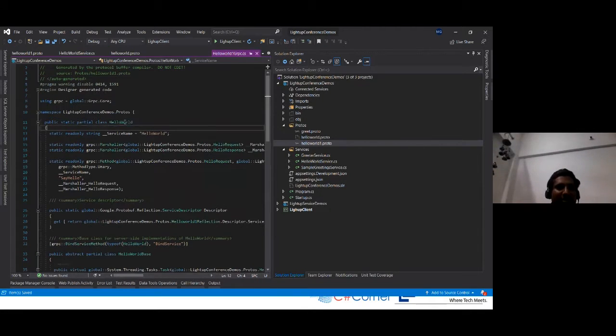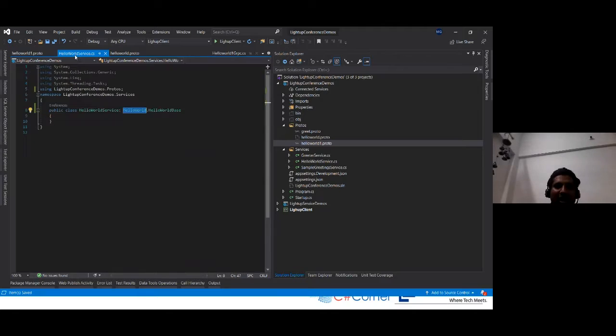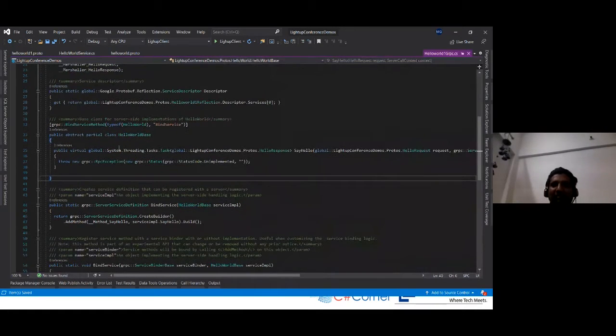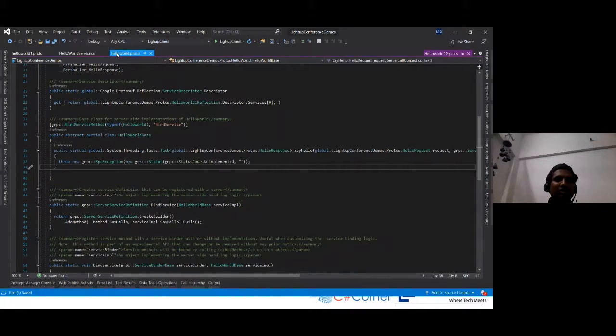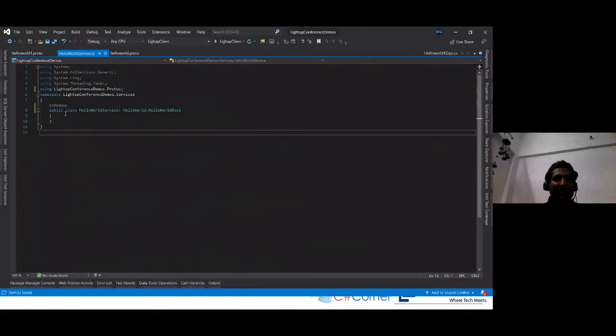This hello world is our service definition, and this is the hello world base. This is nothing but an abstract class which implements all the things and binds the service call to this proto file. That is achieved by using the service base.